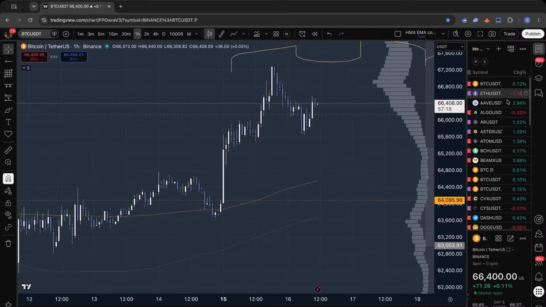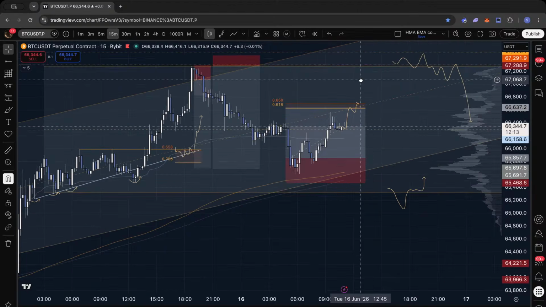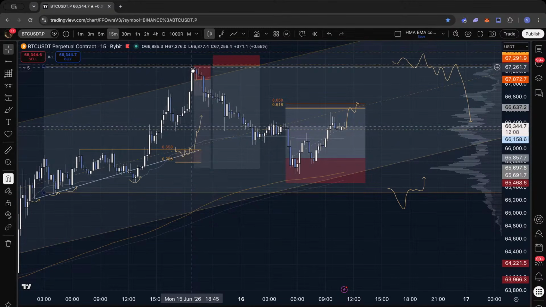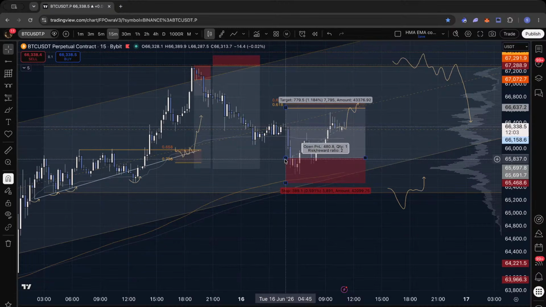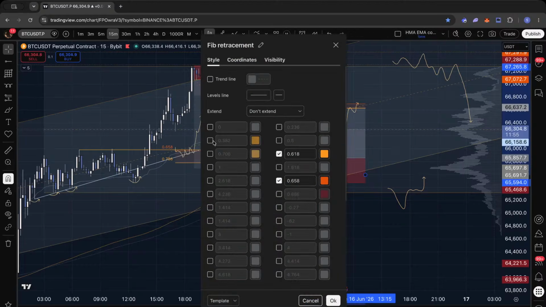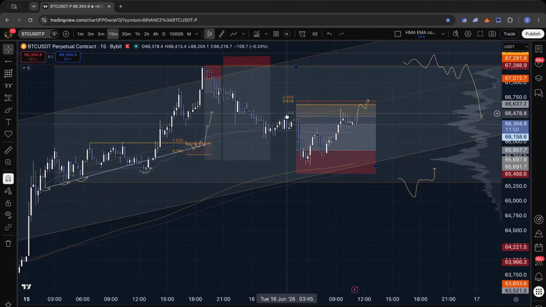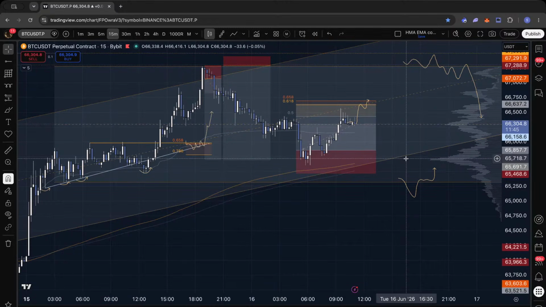So having that in mind, let's see what we can have, what we can trade. Yesterday's call, I think it was pretty accurate. You can see we dumped exactly from the pivot point which I mentioned. Also, we bounced quite nicely off the 65.6, which I also mentioned yesterday. Now I'm just waiting because we are right in the middle. If you put a fib, you'll see we are in the equilibrium zone, which is an area which I don't usually want to touch. Let's see what New York has to offer us.